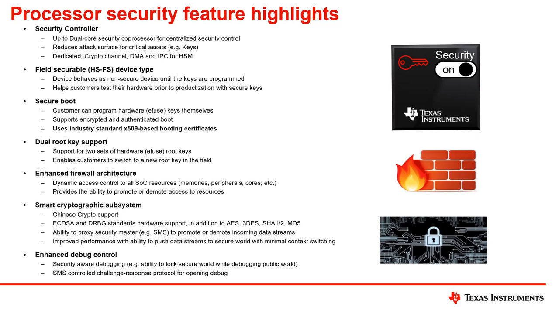Secure Boot is one of the basic elements of this security, and it's going to make sure that the processor is running only code that has been authenticated for that system, and it also can be used with encryption to make sure that the code is protected while sitting in on-chip or off-chip flash if necessary. The Secure Boot methodology implemented on TI processors is based on industry standard X509 based booting certificates. We have dual root key support, which means if your primary key were to be compromised, you can switch to a backup key and move the system over to that to continue to protect the system.